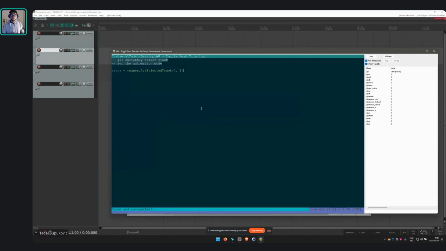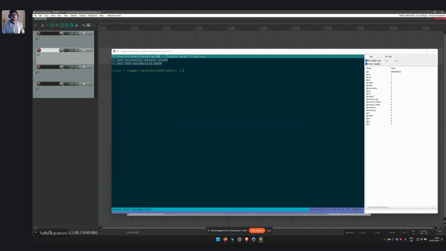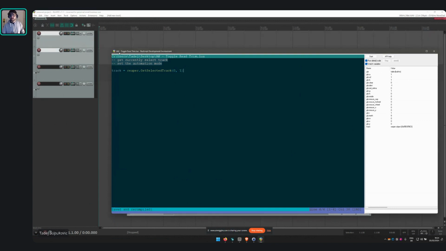Or not. No. Okay. I need to select more of them. So now we can iterate. And the second thing I need to do, I want to set the automation mode. There is a function called set track automation mode. I already prepared it,